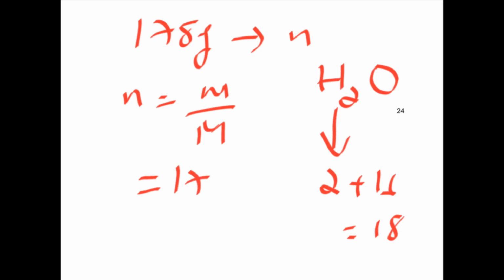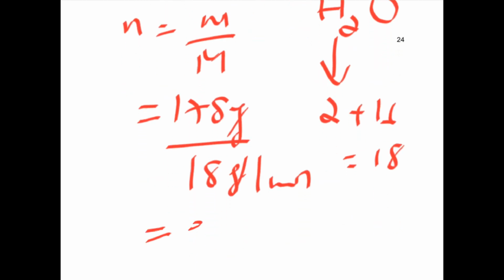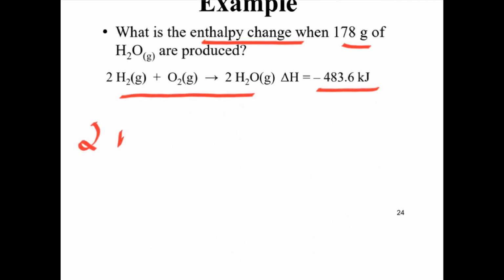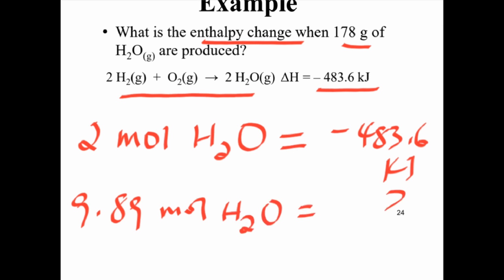So ማሱ 178 ግራም ኦቨር 18 ግራም ፐር ሞል ማለት ነው። ግራም በግራም ስለዚህ ስንት ይመጣል ይሄ ማለት ነው? 9.89 ሞል ማለት ነው። 2 moles of water ፕሮዲውስ ለማድረግ ምን ያህል የኢንታልፒ ቼንጅ አለ? -483.6 ኪሎ ጁል ማለት ነው። If 9.89 moles of water are produced ምን ያህል